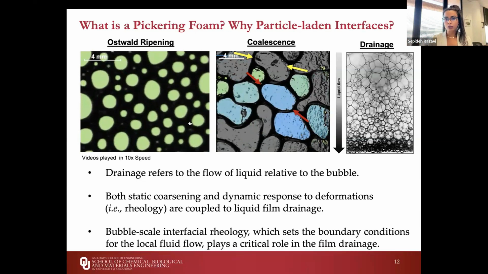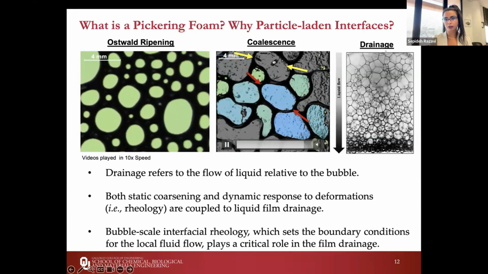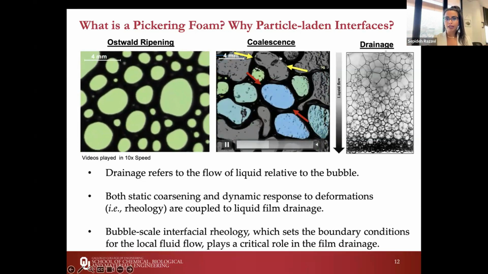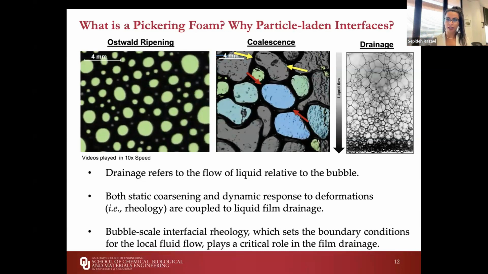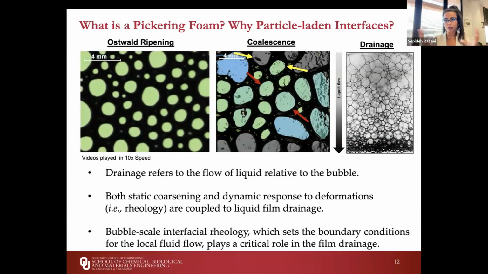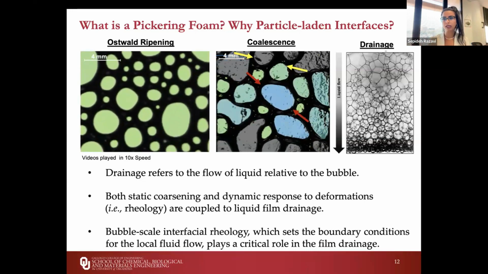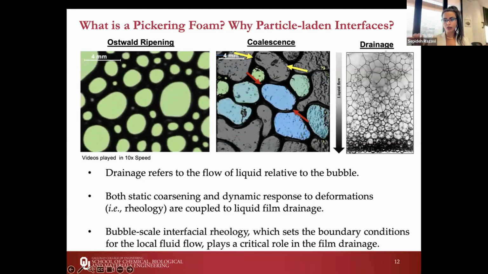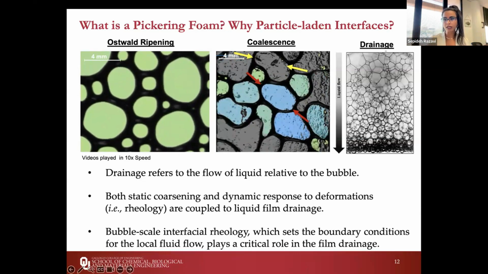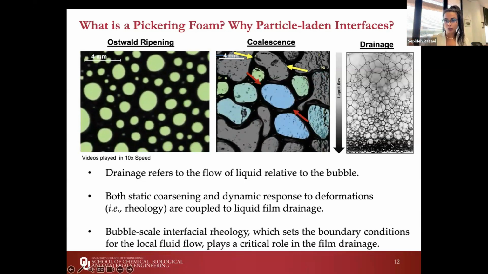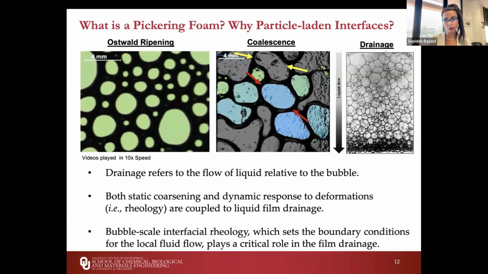The bubbles can also coalesce, and that's another mode of coarsening. And this takes place, if you look at these 2 bubbles here, by thinning of this liquid film, draining of the liquid film, and eventually snapping of that film, which gives rise to these 2 bubbles coming together, coalescing and coarsening. And all throughout these processes, a foam column is also going to undergo liquid drainage under the effect of gravity, as you can see here. The water is going to drain to the bottom, and you end up with a more dry foam on the top and more wet foam on the bottom.